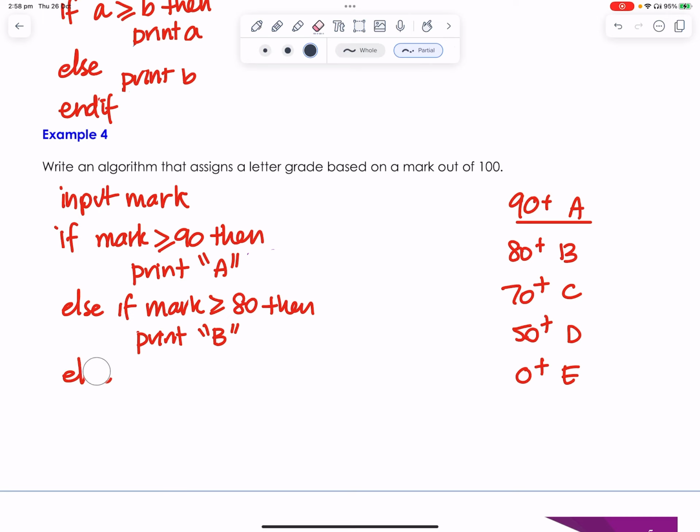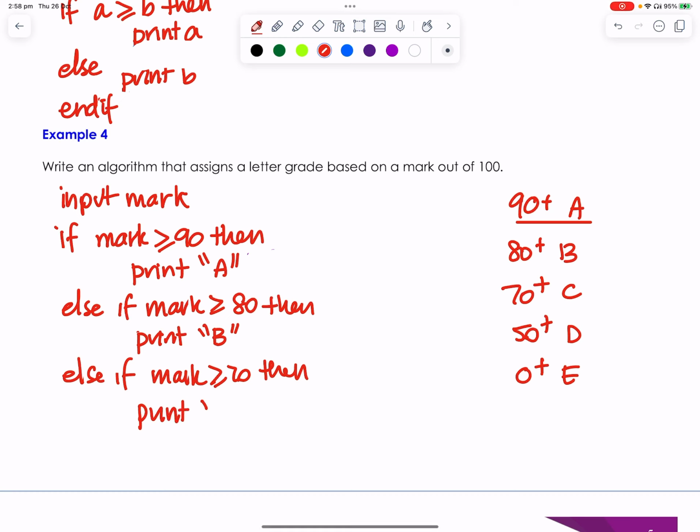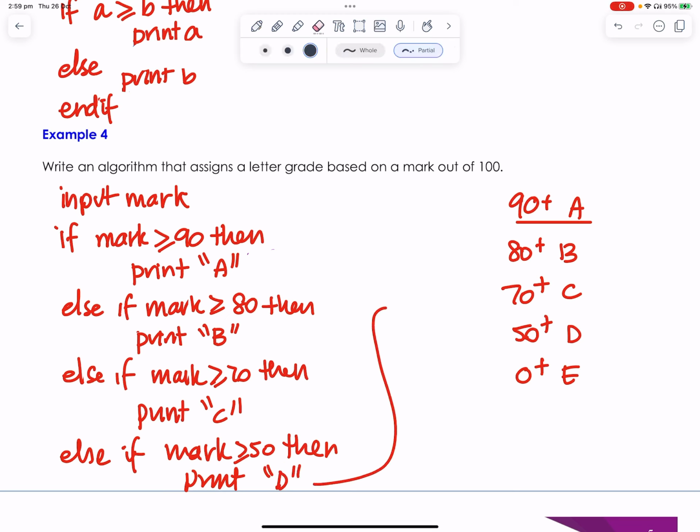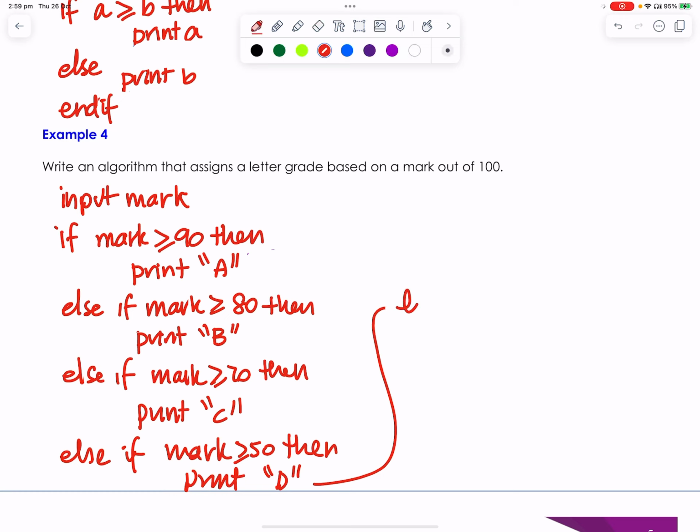Else, if mark is greater than or equal to 70, then print C. Else, if mark is greater than or equal to 50, then print D. Now the last one is just going to be an else statement, because if they didn't get any of these, we don't have to say else if, we just say else